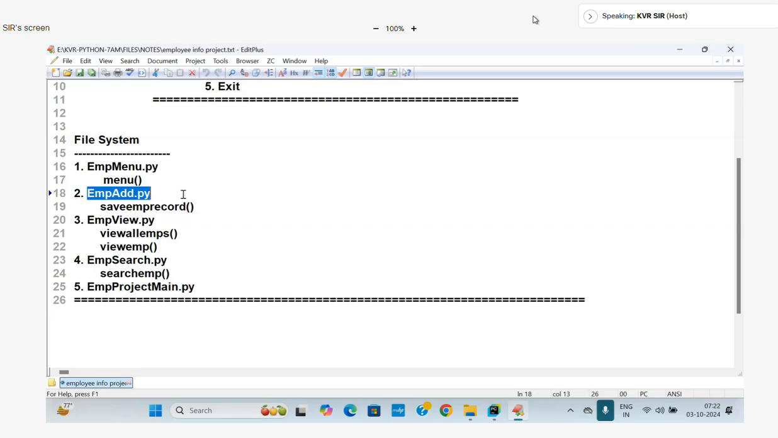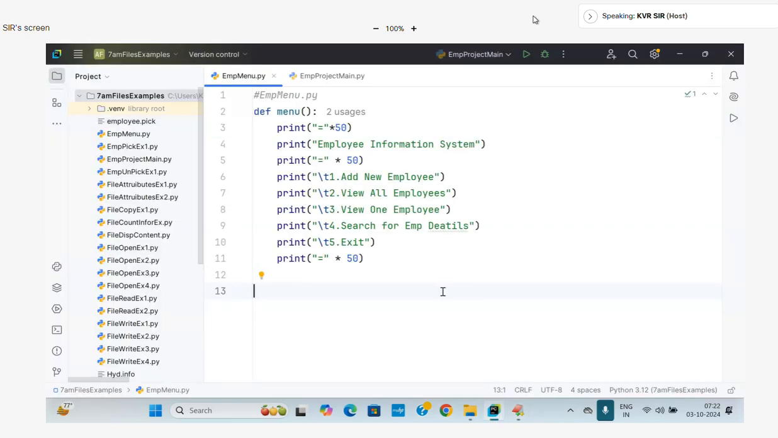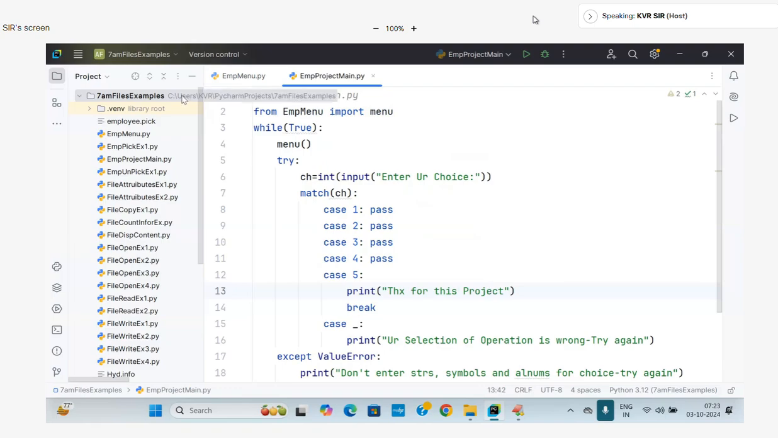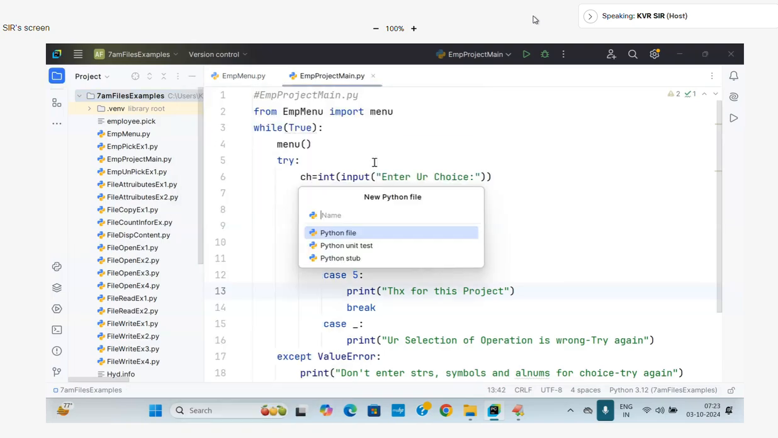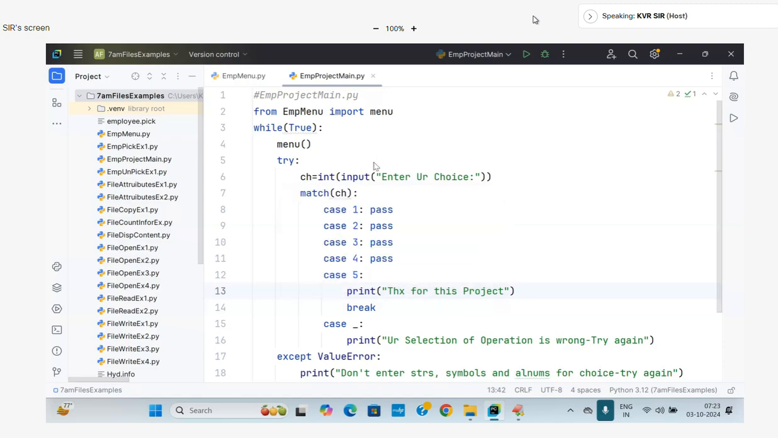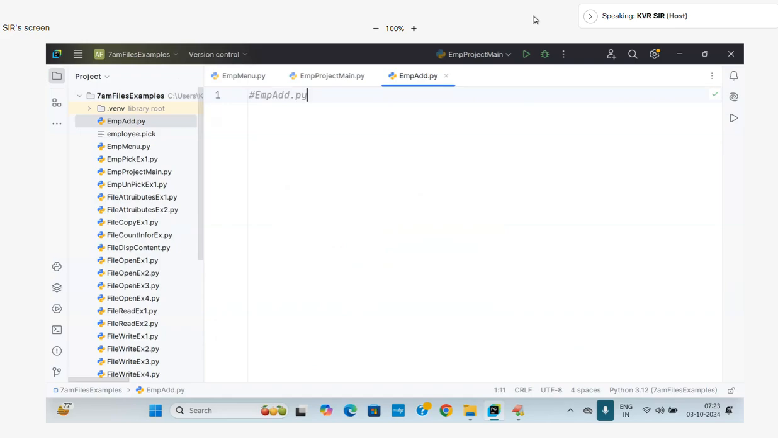Now I'm going for emp_add.py. I will take this and go to the new file. New, emp_add.py. So there I'm writing emp_add.py. Here I'm saying: program for adding new employee to